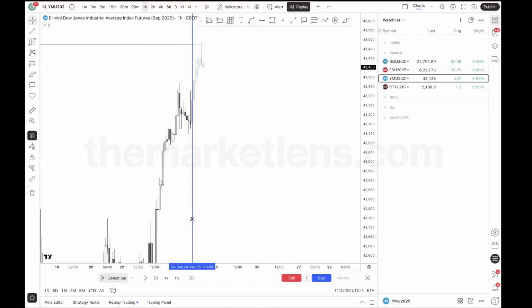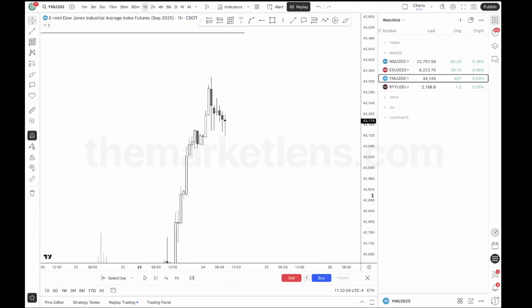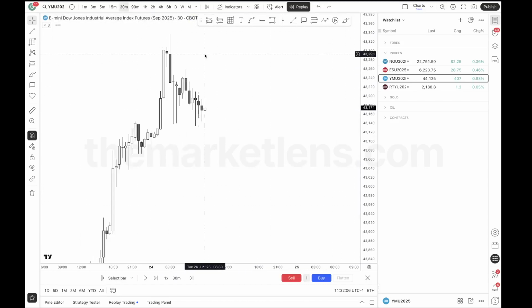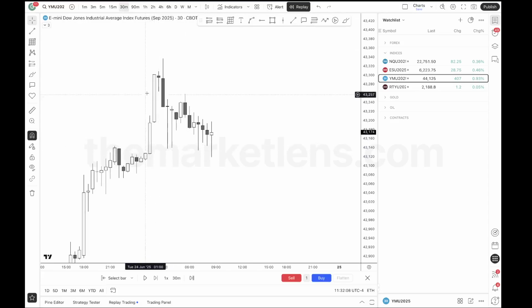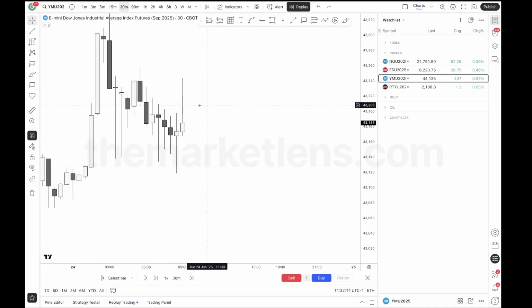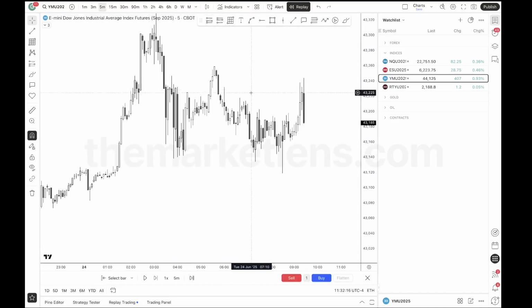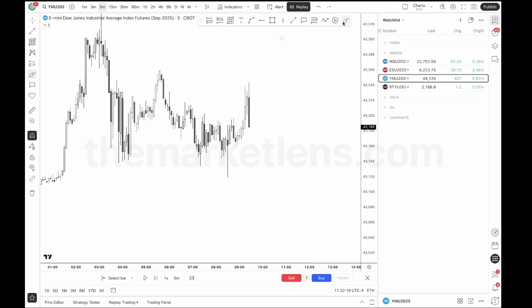So coming into 9:30 here, I remember a lot of you guys took this. There was a two-stage SMT around here. It's just a little bit in the middle of nowhere, but here's the real reason. If I go prior to 9:30, we have some sort of two-stage SMT, but you're going to see that this is not a reversal signature. So even if you have a two-stage SMT, or maybe a candle closure, candle two, and you don't see a reversal signature, what is that likely to be? A retracement or just consolidation, right?